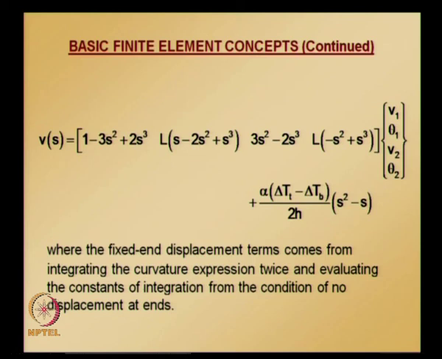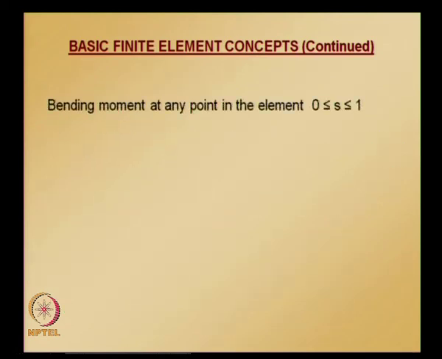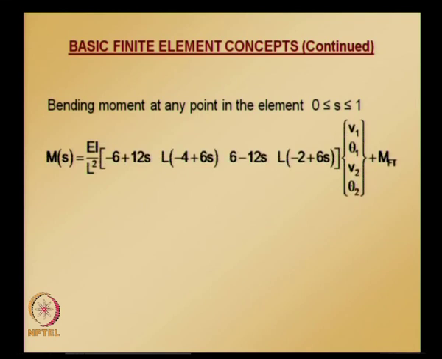So, this is what I mentioned, and bending moment at any point in the element is, as usual, the solution obtained by finite element by interpolating using finite element shape functions. To that the fixed end moment solution is added,